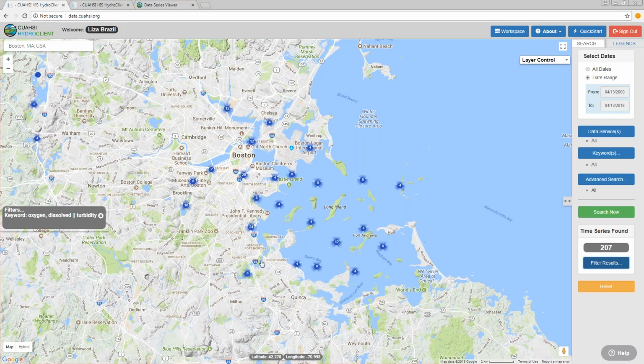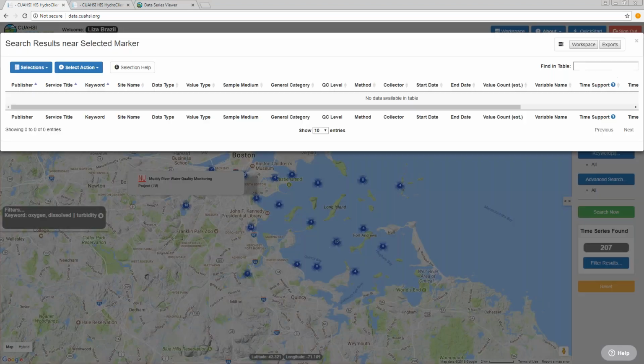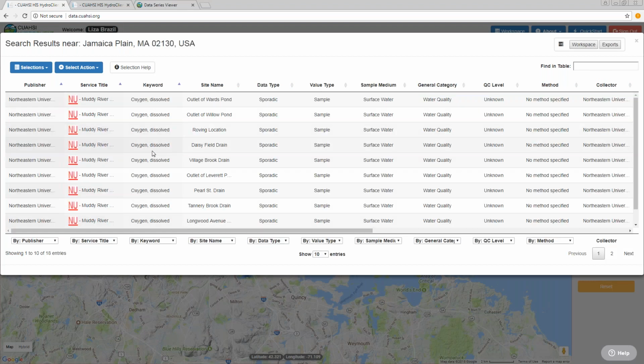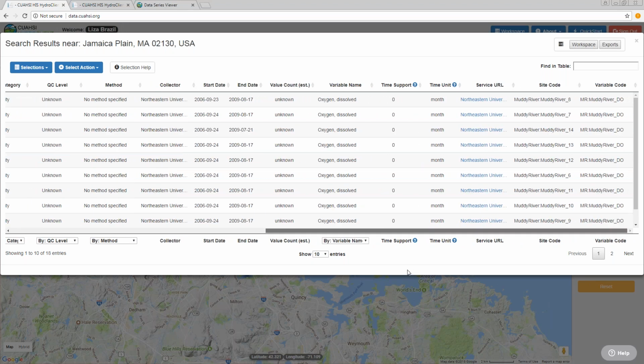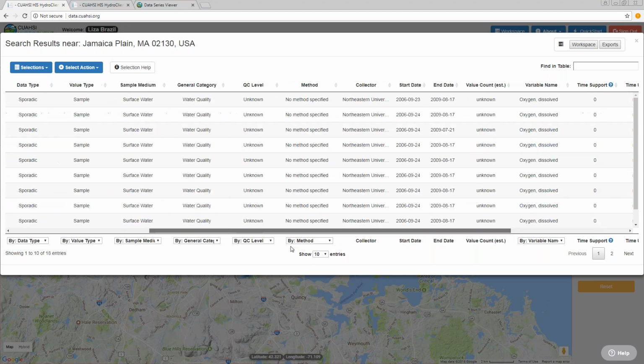So if we just click, all right, let's click on this one here. Let's select a couple data series of interest. Right now I'm just looking at the table of search results at that one location. I have some metadata here to narrow down and explain what I'm actually looking at.